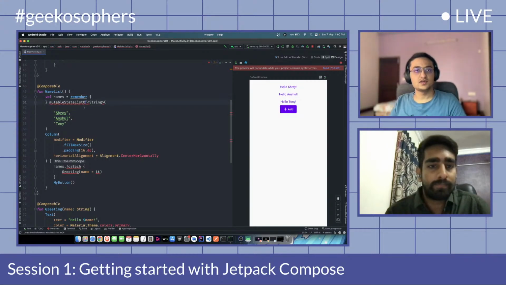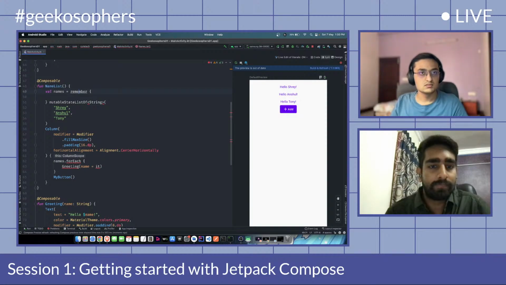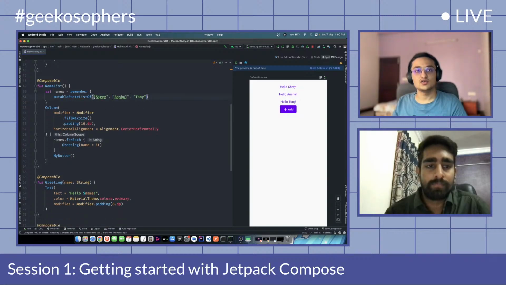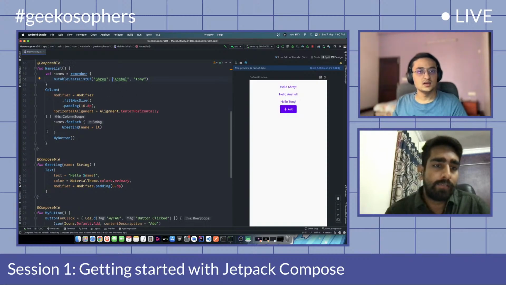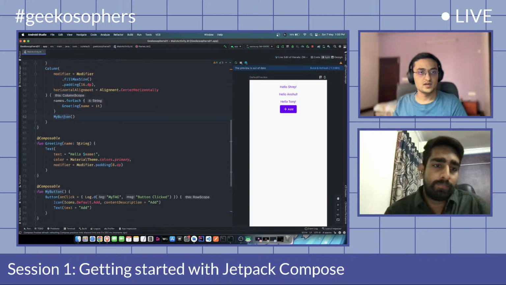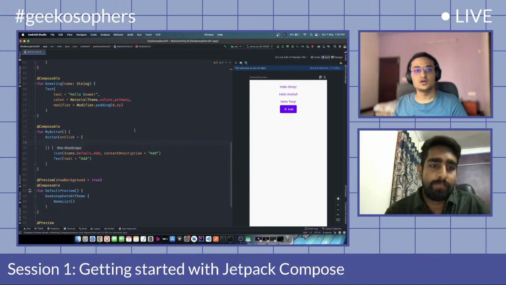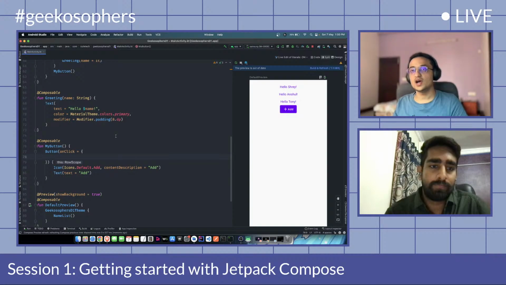Okay, it's not imported yet. So now what we have is the mutable state list, and inside it we are initializing it using three names. Now my button, what my button would do is on button click, it would add some name to the list, right? So what we can do is